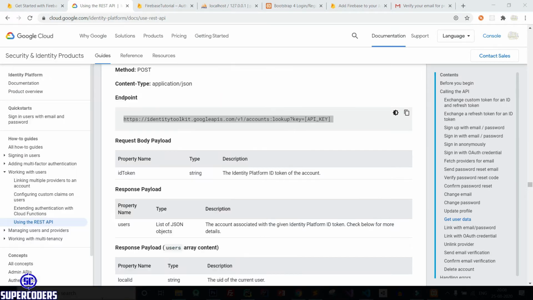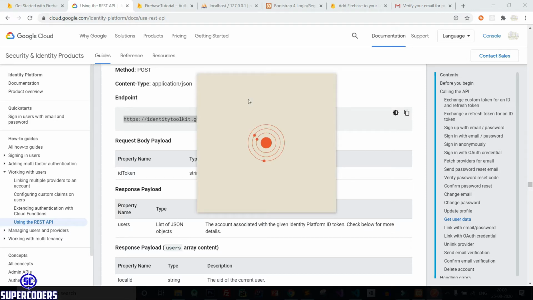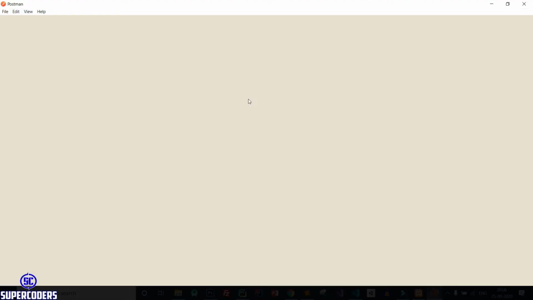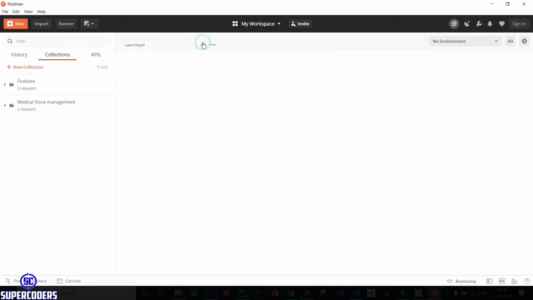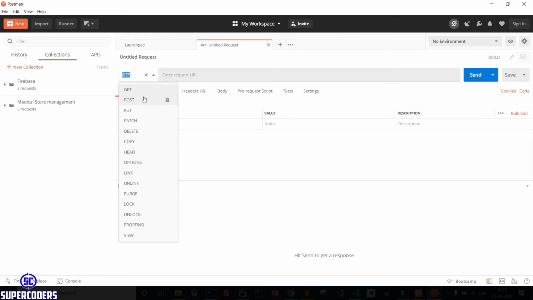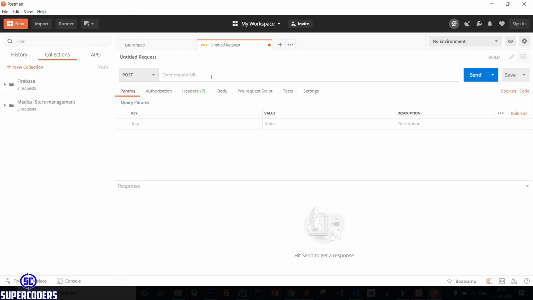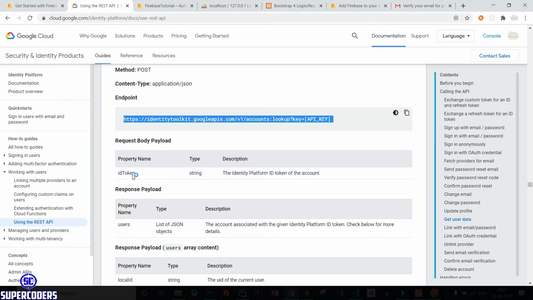Now let's open a new tab and change the method to post, pass the URL, remove this, and here key equal to. We need to pass the first key.